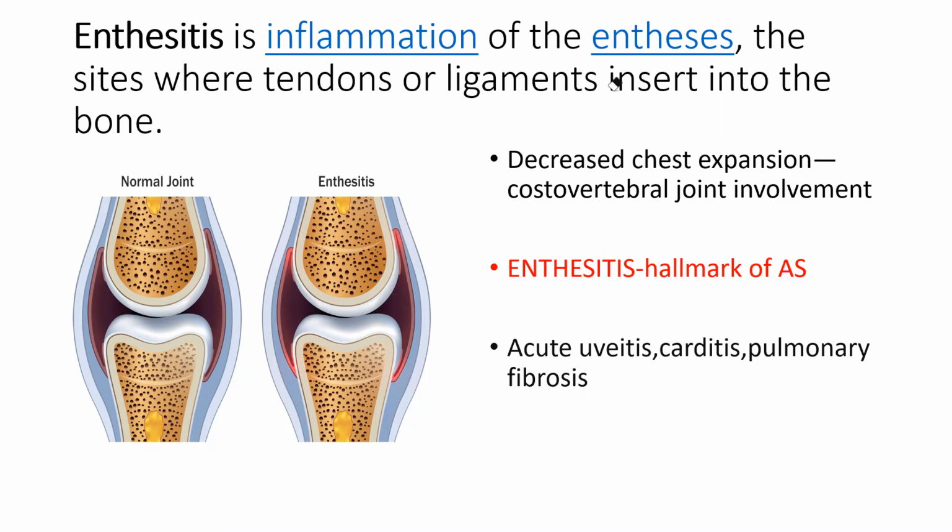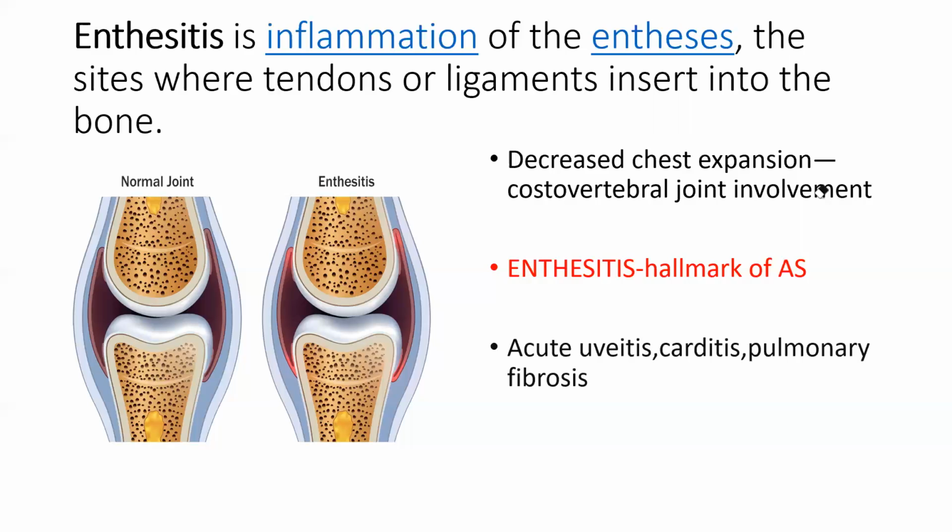Now, enthesitis is a hallmark of ankylosing spondylitis. You cannot find enthesitis anywhere except Angst-Pond. These are the other common issues. Ankylosing spondylitis is a systemic disease where you have a systemic inflammation and fusion and everything. So you can find pulmonary fibrosis. So everywhere it's causing fibrosis. In pulmonary also it's causing fibrosis. Since in pulmonary there is a fibrosis, there is a decreased chest expansion. So expansion chest का कम हो जाता है.